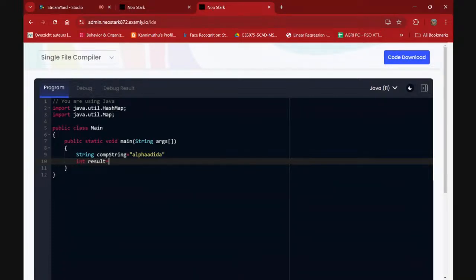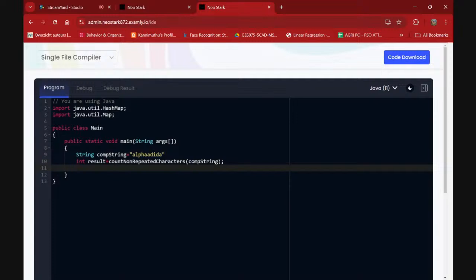So int result equal to, I'm going to have a function called count non repeated characters. Make sure you have meaningful names for all your functions. I'm going to pass the string comp string, and then print the result.